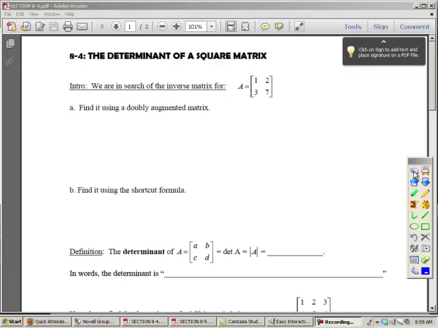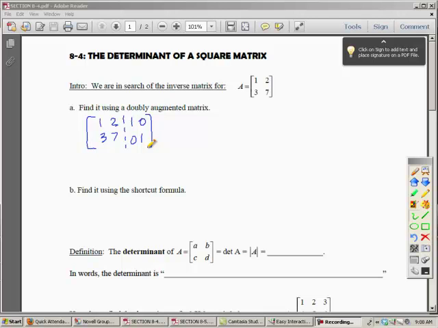Welcome to section 8.4. We're dealing with the determinant of a square matrix, and I want to go back through two of the three methods that we did in our notes yesterday for 8.3 and finding an inverse. I want to first start with a doubly augmented matrix. Remember, this was on the quiz, but if you take a look, we take our matrix 1, 2, 3, 7, and we augment it with the identity, which is a 2 by 2 identity, and we use our Gauss-Jordan elimination